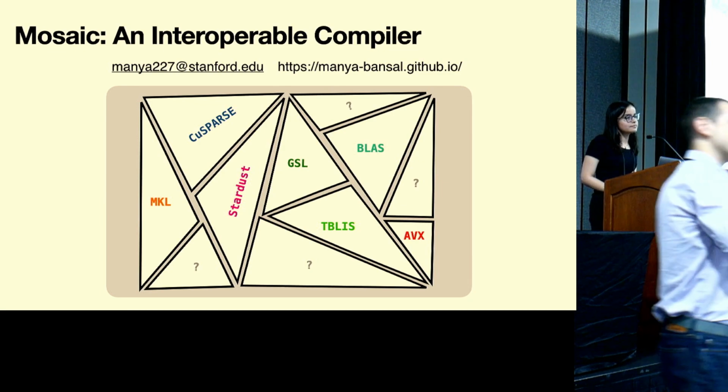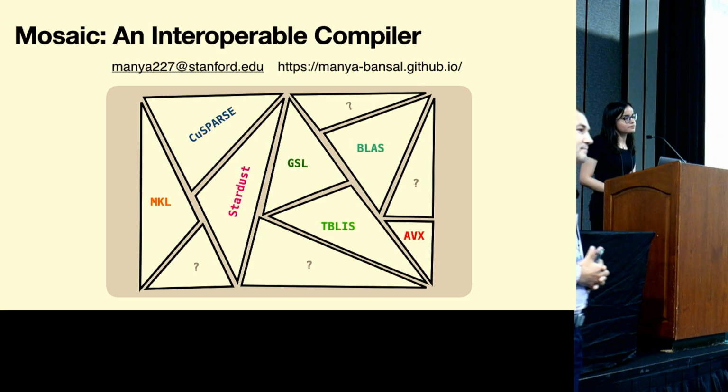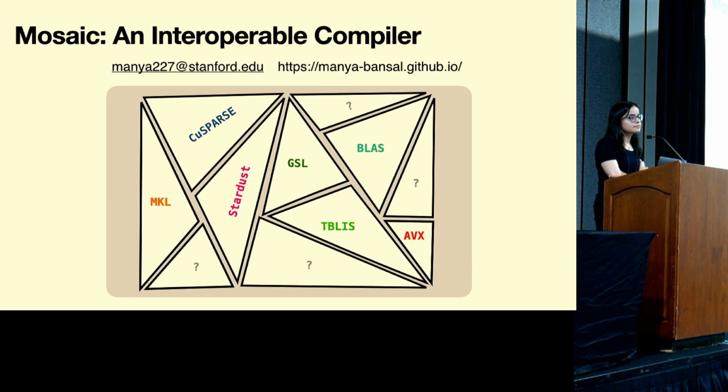Great, and please say your name and affiliation if you don't mind. Hi, my name is Rafe. I'm from University of Illinois. Great talk, Manya. I had a question. So how does the compiler reason about different layout requirements for these different libraries? Does the user have to provide the layout transformations if you want to interoperate between different libraries?